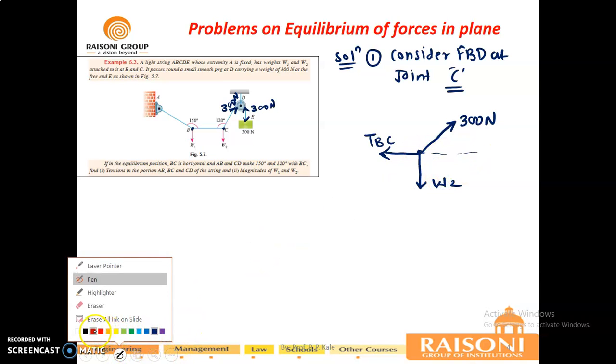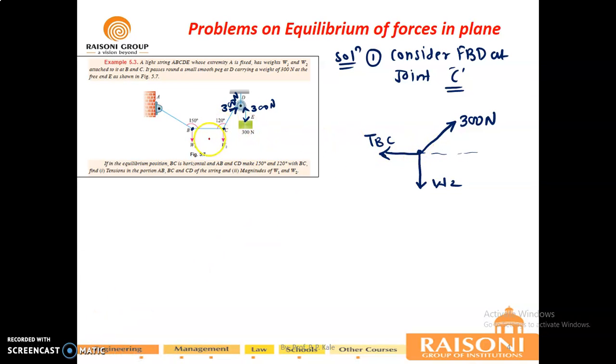So how will you find out the inclination, guys? Since this is 120 degree, which is given to you, what will this be? 180 minus 120, so this will be 60 degree, and plus this 90 will make this entire angle, and this will be 90 degree between these two. So 60 plus 90, the total becomes 150 degree. Are you getting this? So this will be your alpha, this will be your beta, and this will be your gamma. So apply Lami's theorem over point C.